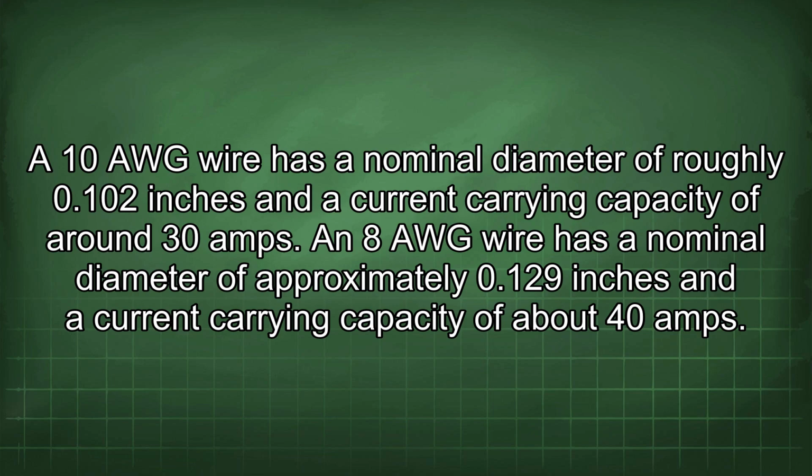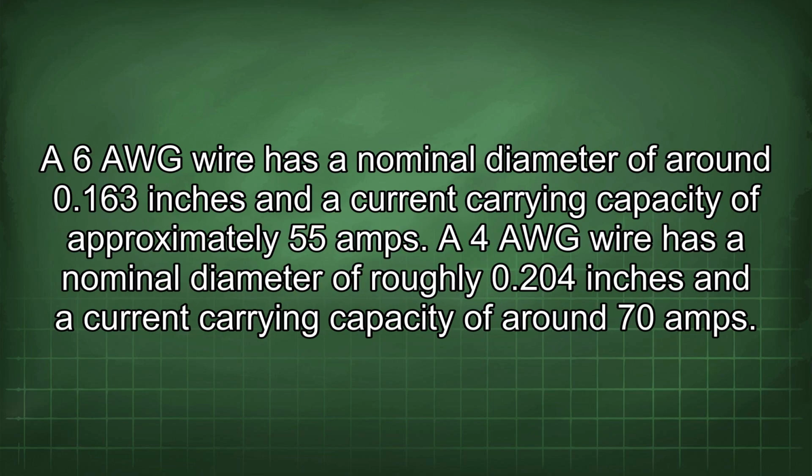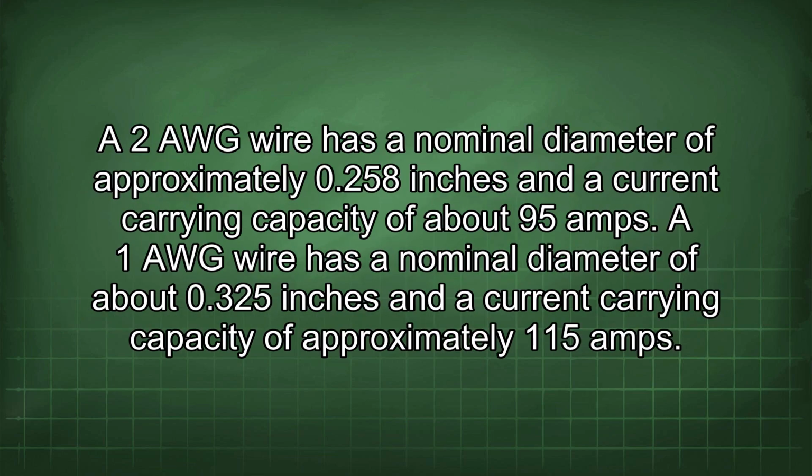0.129 inches and a current carrying capacity of about 40 amps. A 6 AWG wire has a nominal diameter of around 0.163 inches and a current carrying capacity of approximately 55 amps. A 4 AWG wire has a nominal diameter of roughly 0.204 inches and a current carrying capacity of around 70 amps. A 2 AWG wire has a nominal diameter of approximately 0.258 inches and a current carrying capacity of about